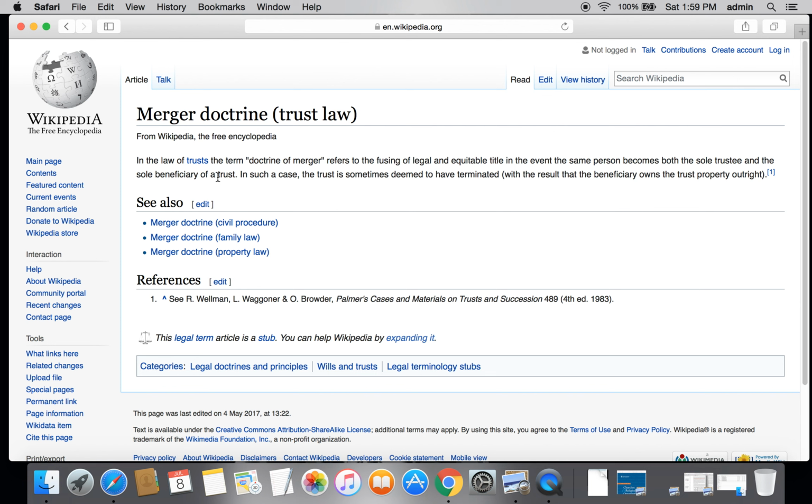One person has legal property, or I'm sorry, legal title, and one has equitable title. All right, that is when you have the trust. So I hope that was made clear. And when you merge the two, you don't have a trust. That's why they say the trust is deemed to have been terminated once the legal and equitable title have been merged. Once one person owns both legal and equitable title. All right.